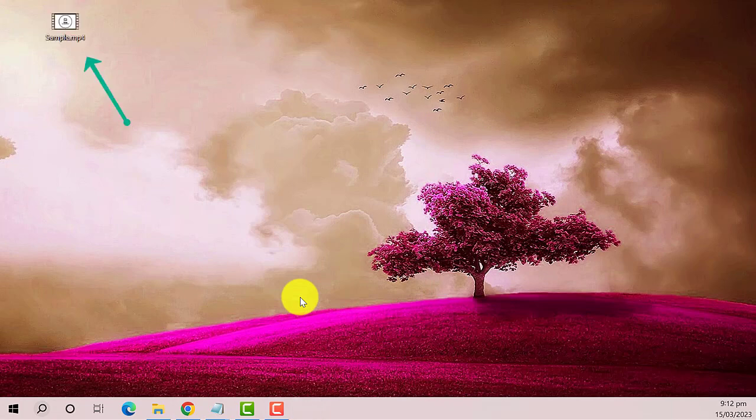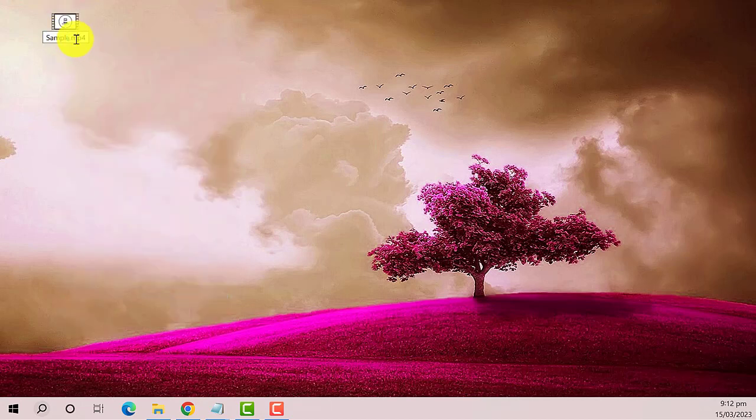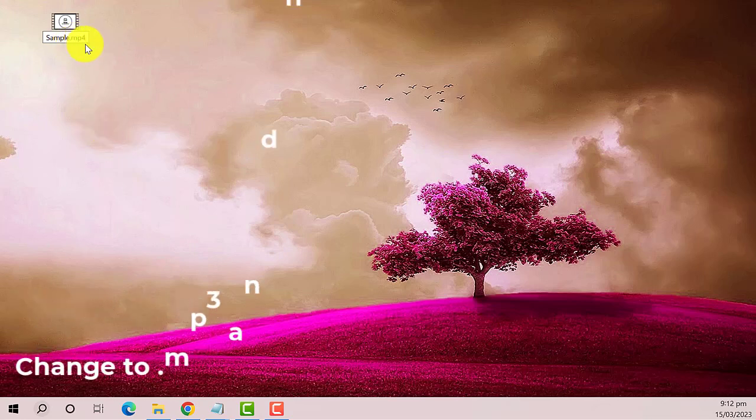Now I have here a sample file. So I'm going to change this to MP3. I'll change it to .mp3. I'm going to right-click on it, then select Rename, then I'm going to type .mp3,